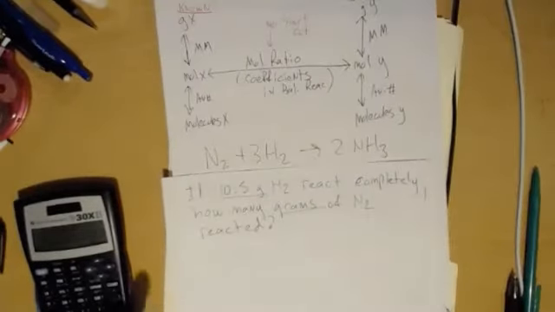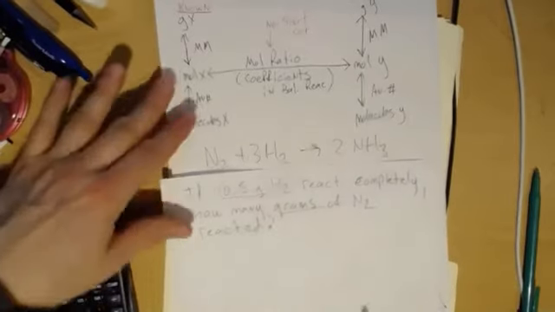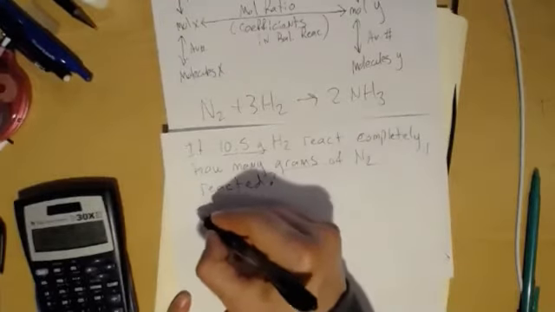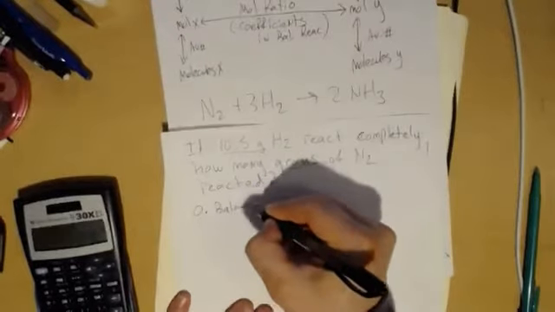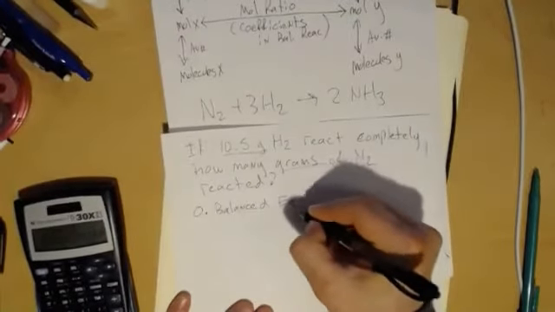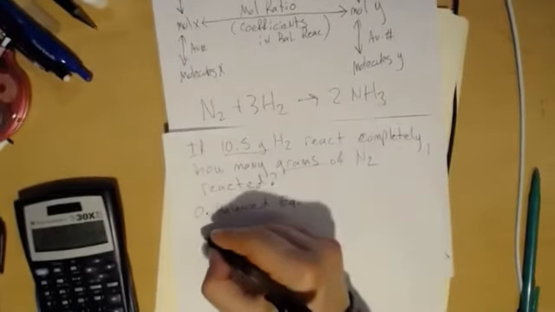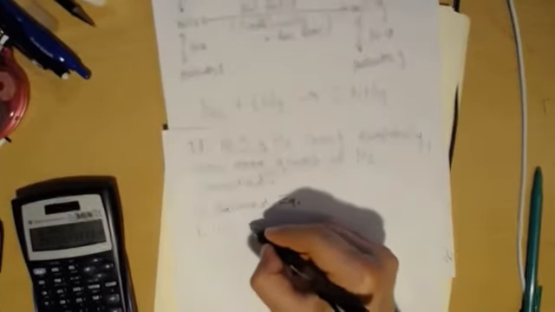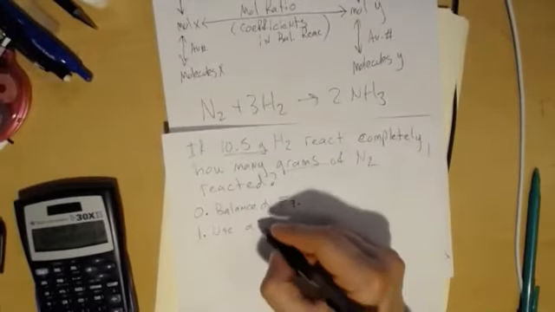And so I could write out a set of steps for these if you guys would like. Would that be okay? In a sense, you're just putting it together. So for me, step 0 is have a balanced equation. If you don't have a balanced equation, then you're just guessing at the end of the day. You might get lucky if it happens to be 1-to-1 or something. And then the first step would be use the amount